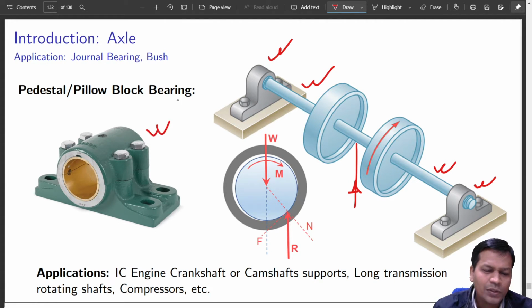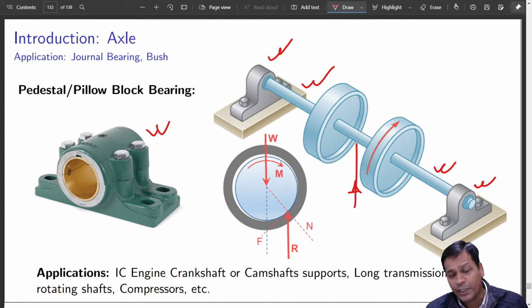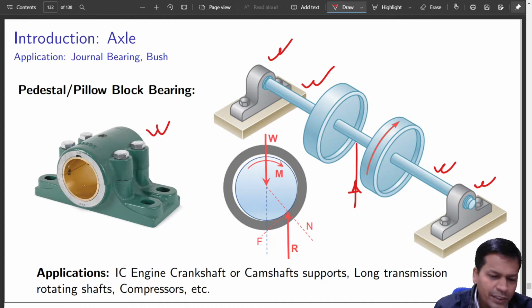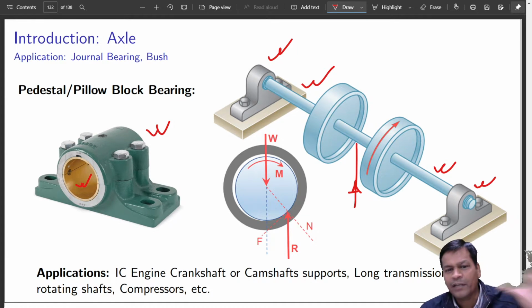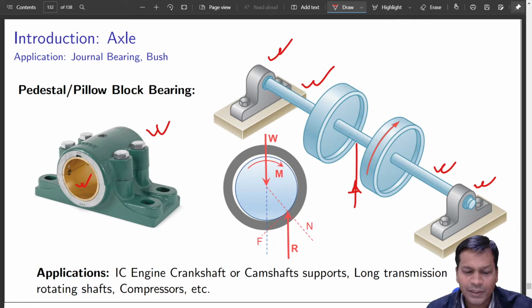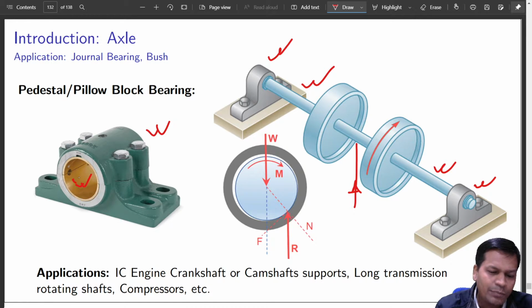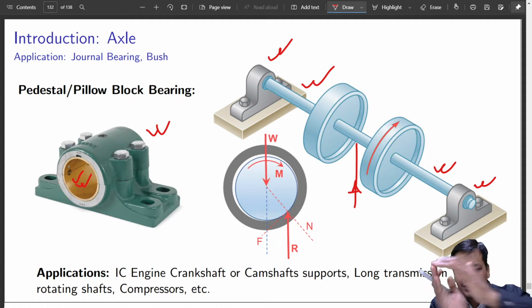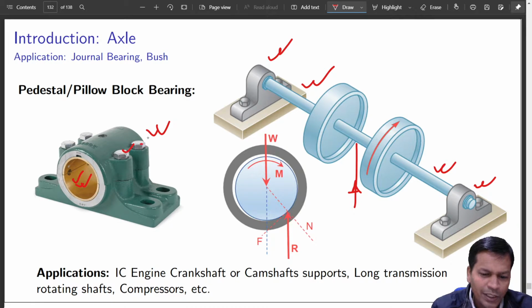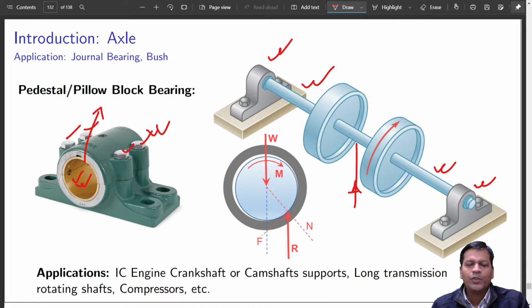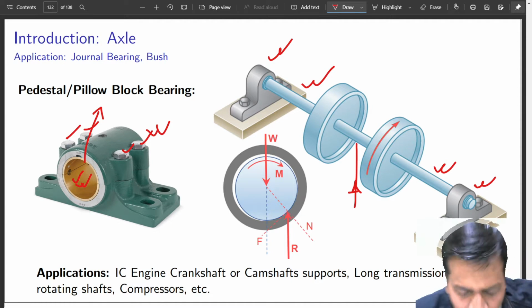So the bearing looks like this, and there is a journal bearing. Inside is some self-lubricating material most of the time. Over here it is shown as brass. You may have a graphite lining over there. You may have a white metal lining like in a huge IC engine. Or a bush, it is like a bush also. Normally it is in two pieces, so that you don't need to dismantle everything. You can just open up these bolts and the top cover can be removed. You can put it from the bottom and the top, and it can be fitted anywhere in between. So there are many practical aspects of this.